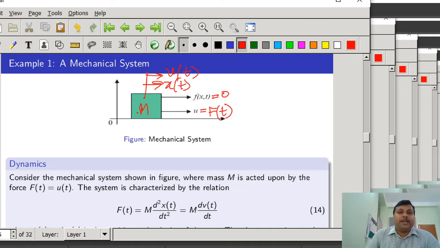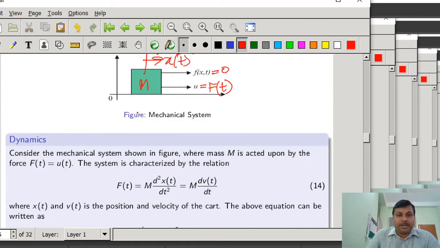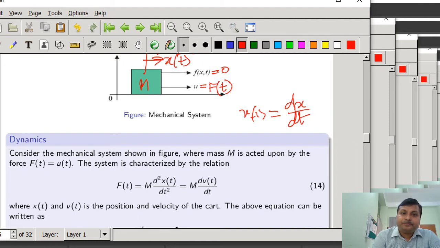Then applying Newton's law, we can easily write the dynamical equation describing the dynamics of the system, that is f(t) equal to m into d2x(t) by dt2, where x(t) is the displacement. The same equation can be written in the form m into dv(t) by dt, because we know that the velocity v(t) is the derivative of the displacement dx(t) by dt. Okay, v(t) is equal to